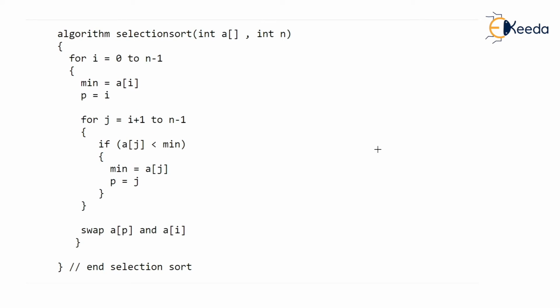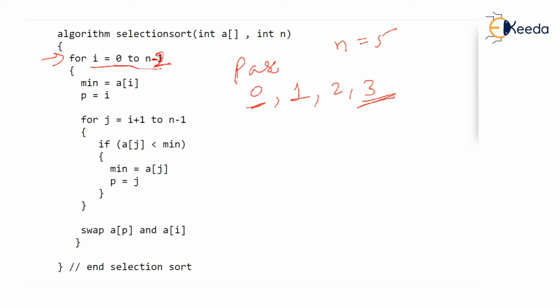You just tell me, shouldn't the first for loop I go from 0 to n minus 1? Oh, I'm so sorry. I made a mistake here. This should be n minus 2. Okay. Why should I go from 0 to n minus 2? Because we started our pass from 0, isn't it? For n equal to 5, a 5 element array, pass began with 0 and went as 1, 2, 3. That's it. That means the last pass is going to be n minus 2. So the pass goes from 0 to n minus 2. And what do you do when I is 0?